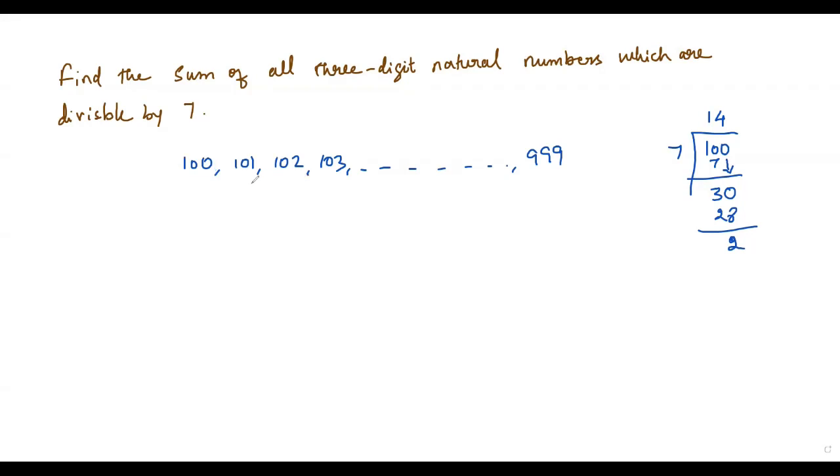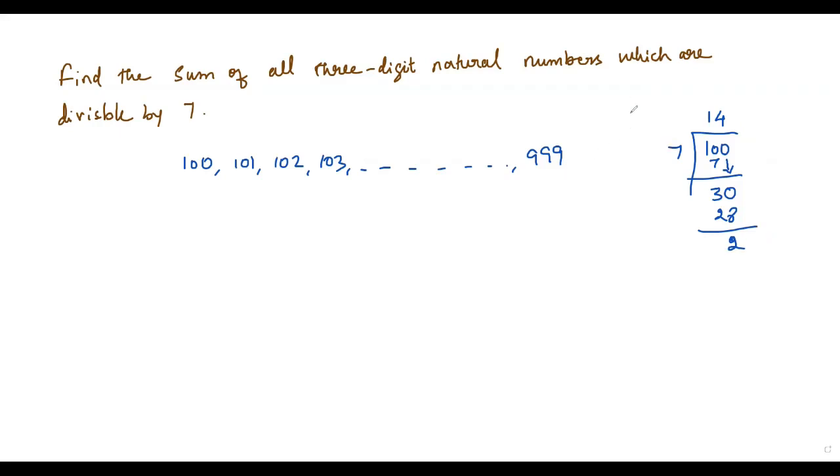Okay, so what should I do? Should I check whether 101, the second 3-digit natural number, is divisible by 7? In case it is not divisible by 7, should I check the third one? And if that one also does not work, should I check the fourth one? So it will be time consuming. It will take a lot of time to check one by one. So to identify the first 3-digit natural number, I'm just going to use a trick over here in